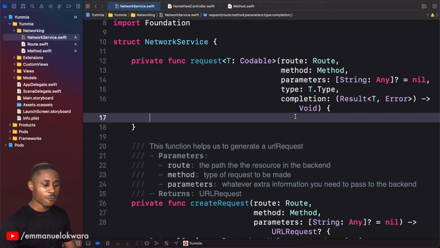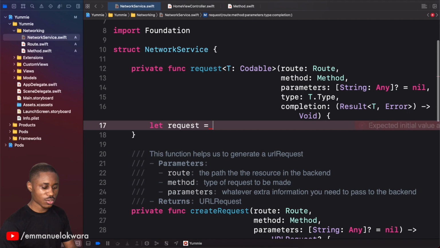It's just going to teach you how to make a basic request to the backend. All right. But before we actually get to that, the first thing we need is our URL request, which is what we worked on in the last video. So what I'm going to do is say let request, our URL request, be equal to,